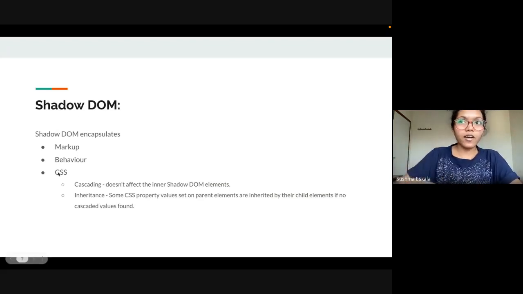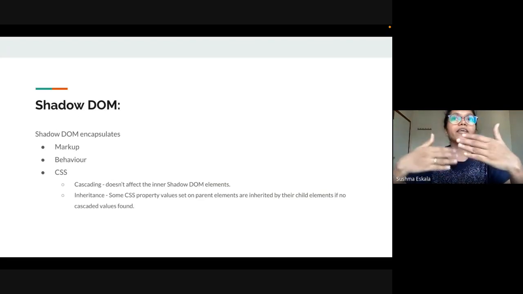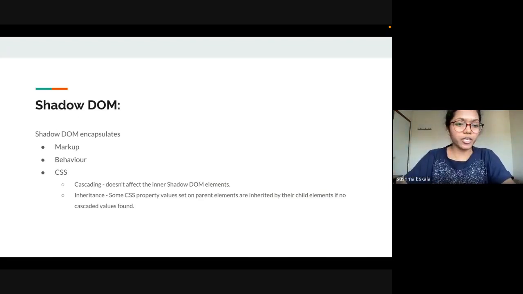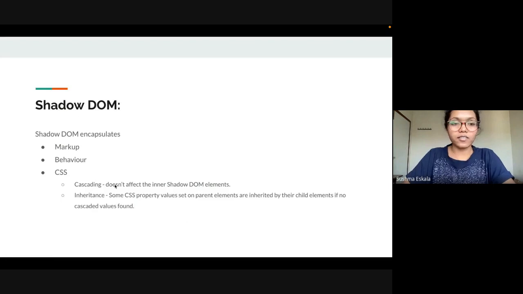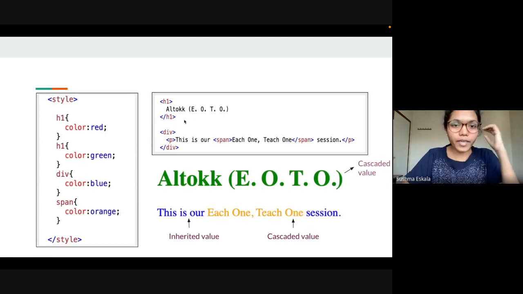So in CSS, the properties that we define for any HTML element will be cascaded, and the properties that we define can also be inherited based on how we define them. A short example to understand cascading and inheritance in CSS. So let's say this is my HTML code. We have an h1 tag in which we have this heading, and there is a div where the body of the